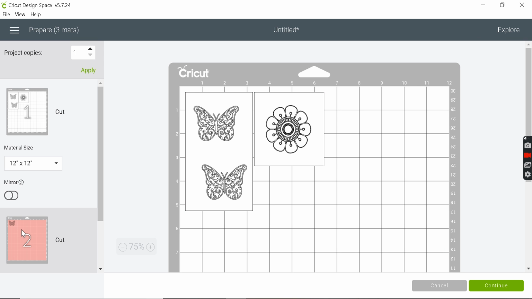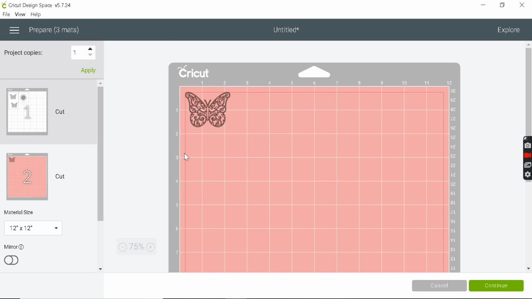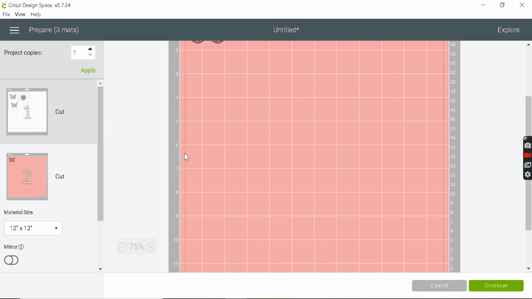And yeah, let's say you're doing a butterfly on your cardstock. Depending on the GSM of your cardstock, you can choose. I usually do it on my light grip mat. Up to around 220 GSM thickness, you can use a light grip mat. If you're going above that, it is always advisable to go for standard grip mats.